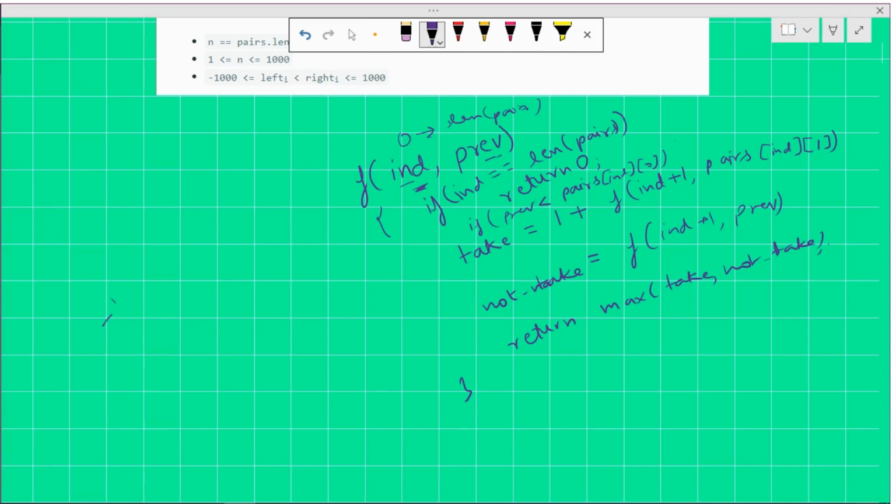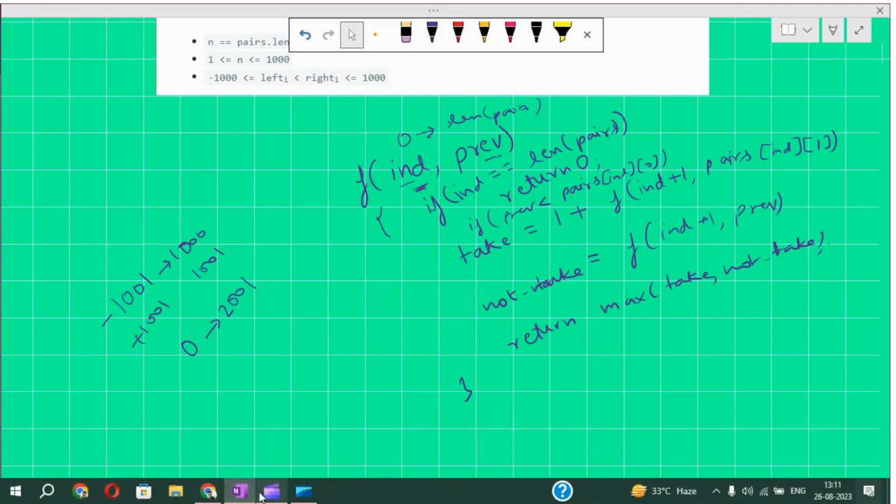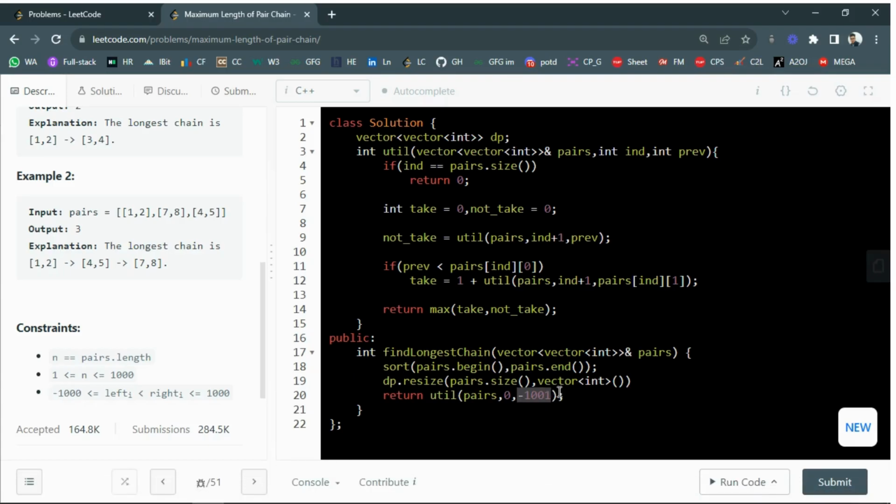So we see our previous is going from minus 1000 till 1000, so we try to make it positive by adding 1001 both sides. So now our previous will go from 0 till 2001, and to get an index of 2001 we need to make an array of 2002, and the initial value of